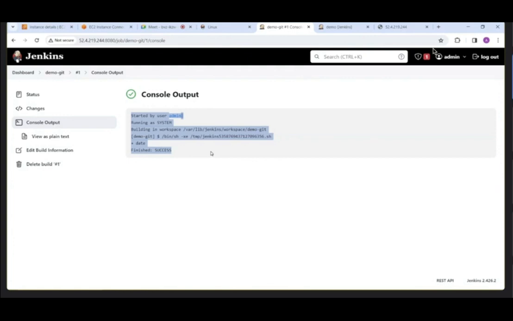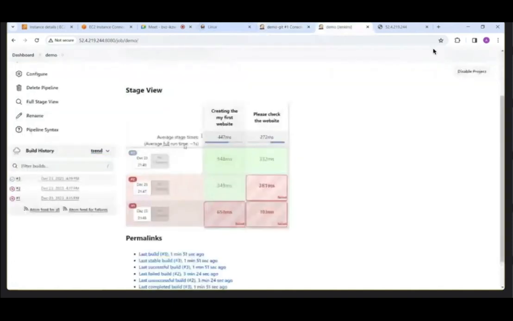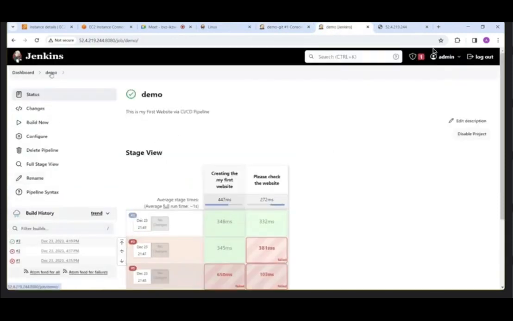In which type of scenarios will we use pipeline and freestyle? Freestyle project will be used if you want to do a not very complex pipeline. You will create a simple pipeline, so you will use the freestyle project. But the pipeline project is a scripted pipeline, which I did here, so you will use that in the production environment. For example, let me go back,